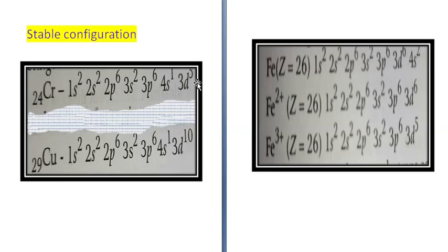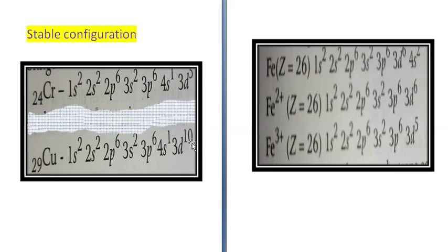In this case, both s is also half filled and d is also half filled. So this configuration is a stable configuration compared to 4s2 3d4, and this is the state in which chromium atom is found. Similarly, for copper, atomic number 29, filling is done like this: 1s2 2s2 2p6 3s2 3p6. It should be 4s2 3d9, but 4s2 3d9 will give you incompletely filled orbitals. So in its place, a more stable configuration of 4s1 3d10 is there.